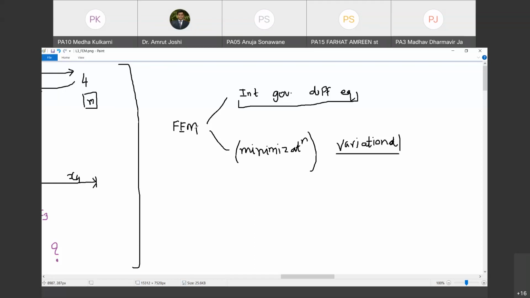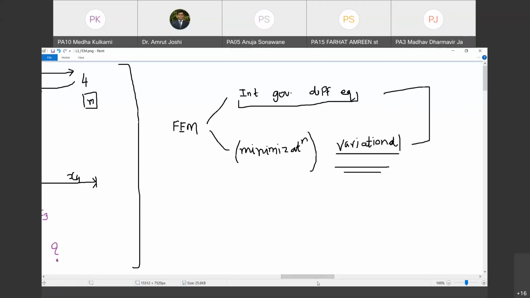And then you have certain set of problems, typically structural engineering problems, where you have governing differential equation as well as corresponding minimization principle, which is called minimization of potential energy or variational principle. तो आप फाइनाइट एलिमेंट फॉर्मुलेशन या तो डायरेक्ट इंटीग्रेशन मेथड से कर सकते हो या वेरिएशनल मेथड से कर सकते हो. कौन सा इजी है? वेरिएशनल मेथड वाला इजी है. Are you with me? Yes, sir. So therefore, we are going to learn both these formulations, but we are going to start with the variational approach first.